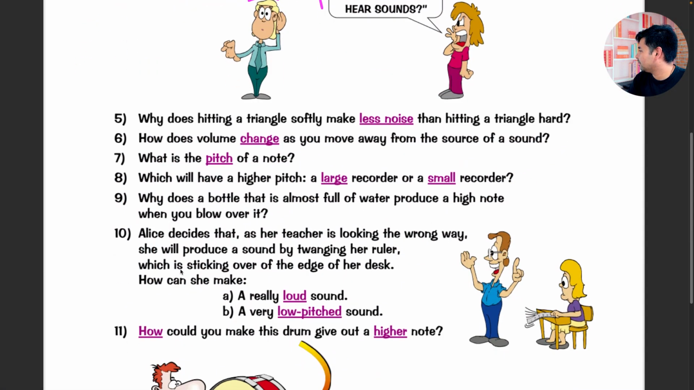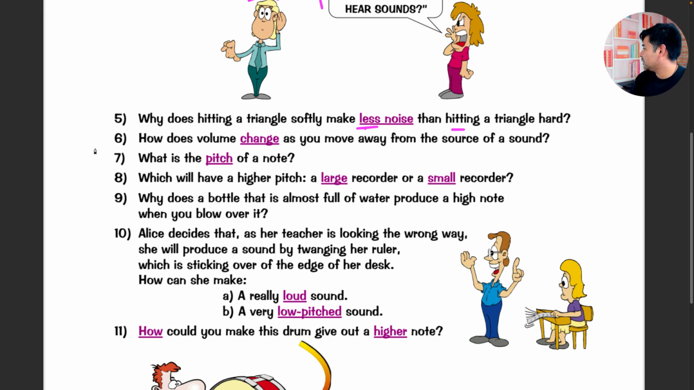Number 5. Why does hitting a triangle softly make less noise than hitting a triangle hard? Again, why does hitting a triangle softly make less noise than hitting a triangle hard? So important words, we have less noise, hitting, yeah, if you know the meaning of hitting, like pa, like that,